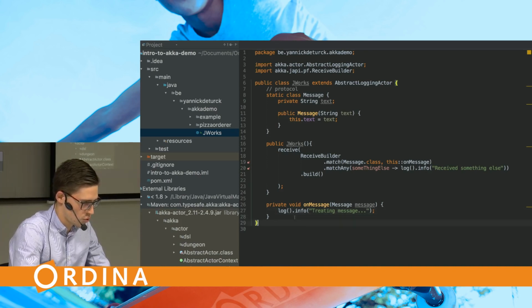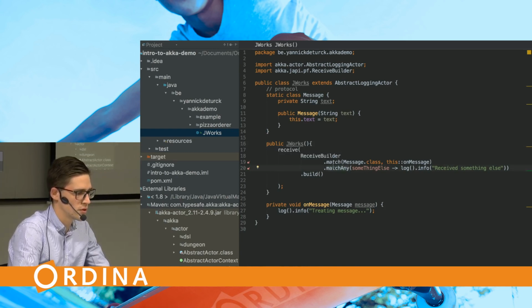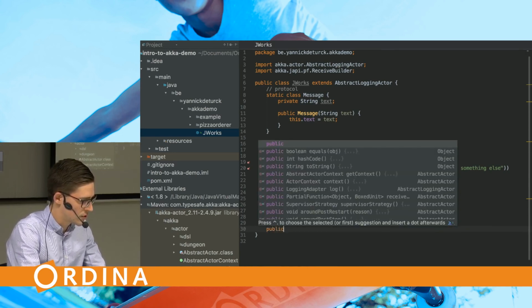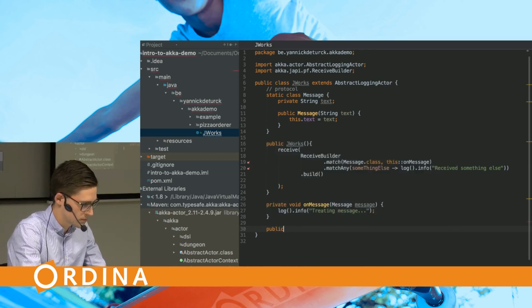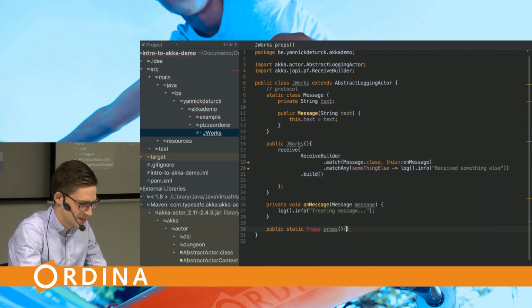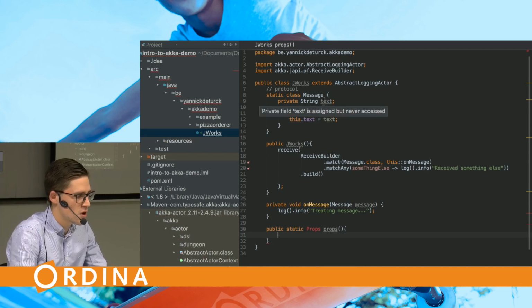So now we have our constructor with the matches that it needs to perform. We implemented the method to respond on any messages. For the last part, we just need to define a method for the props thingy. So public static props, and since our